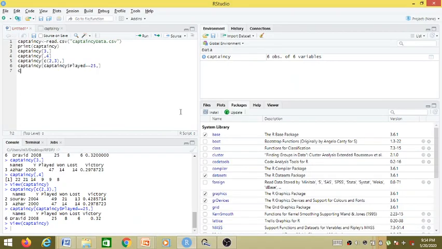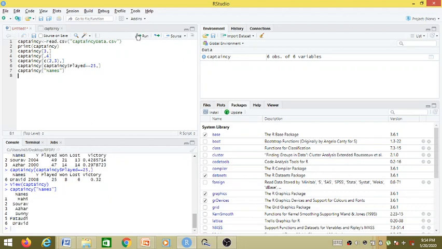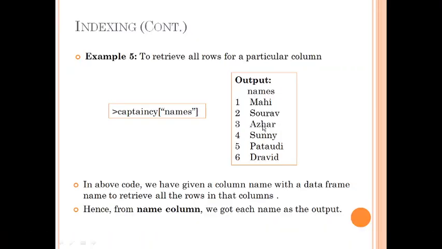So if we do it in RStudio, if I run this, as we can see over here, we have got the entire column. So this is indexing. We have seen three types of indexing: numerical indexing, logical indexing, and name indexing.